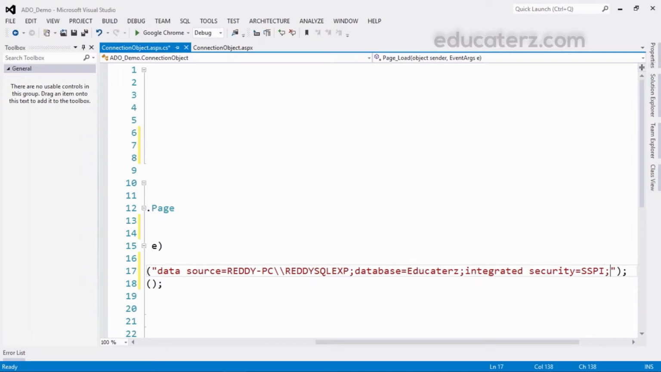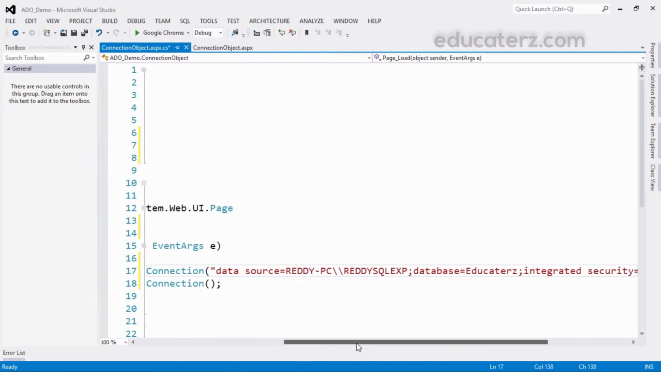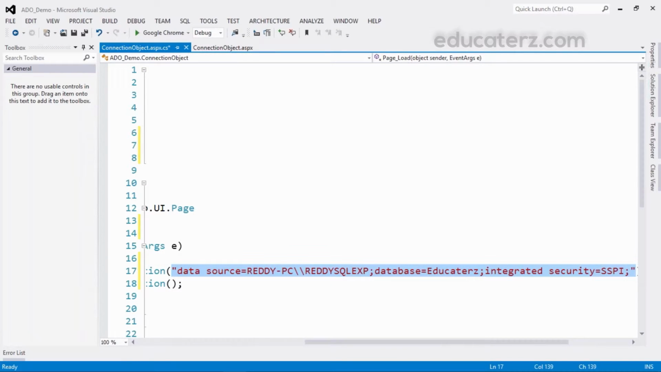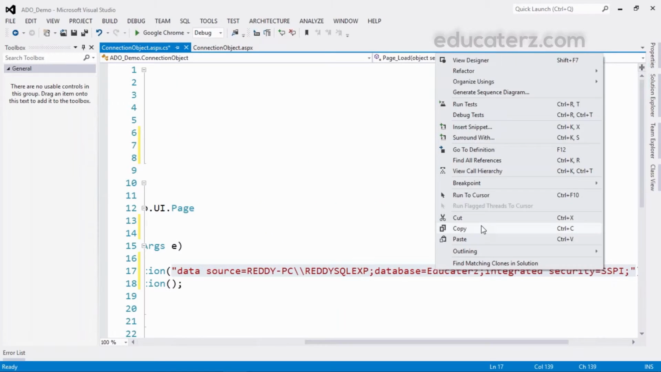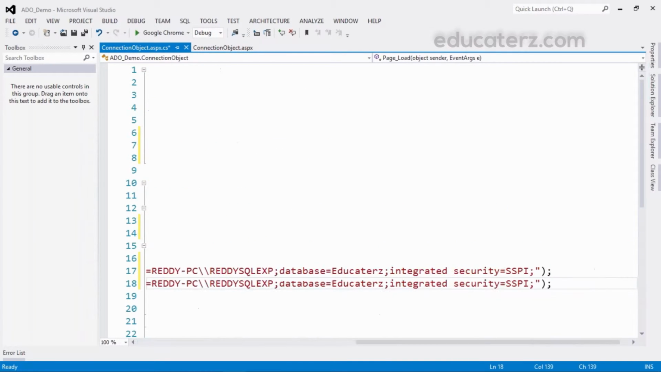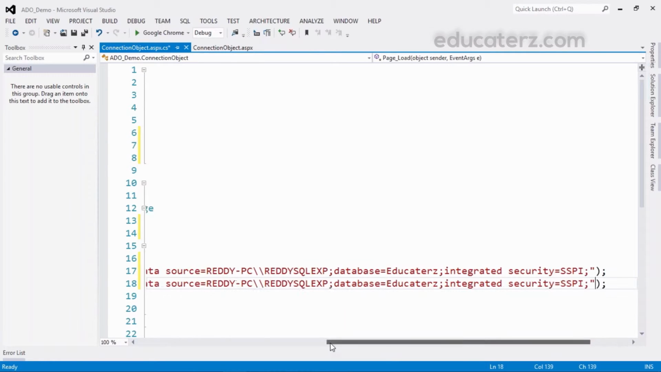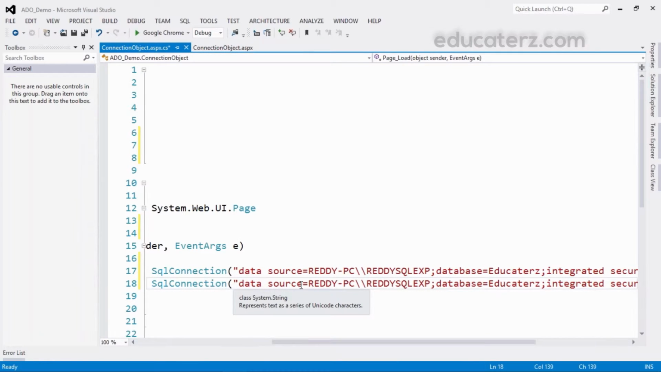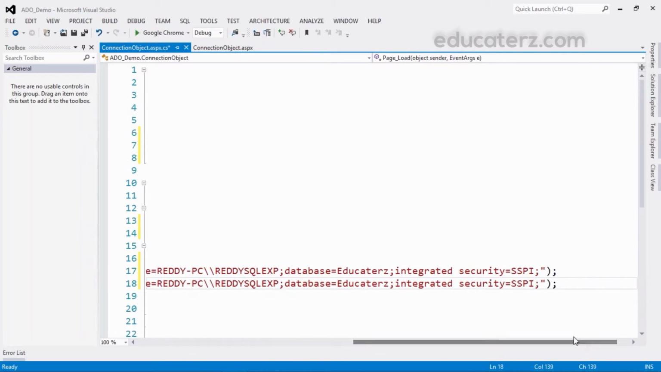Suppose if you are having SQL Server authentication, what to do? The same thing will be there. Data source will be same and database will be same, but user ID will come and password will come. So let me take this entire thing, copy, then let me paste it. Till here same, data source and database is same, but instead of this integrated security, you will be getting user